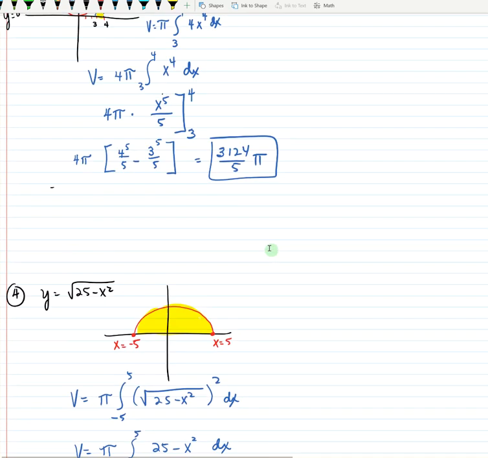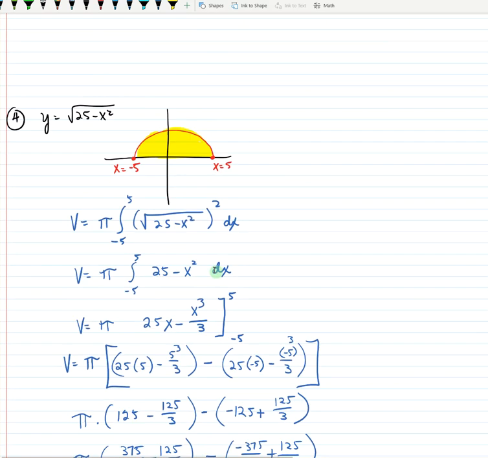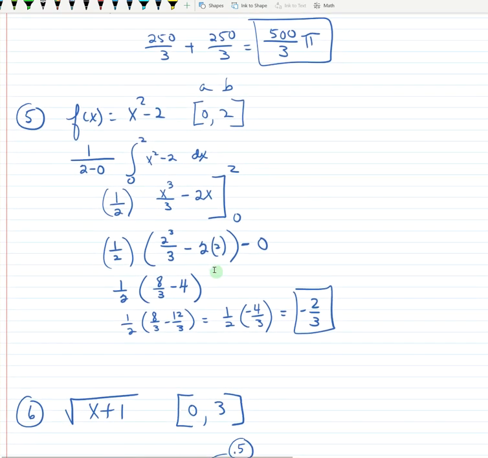Let's look at number 5. All right, so those are all volumes. Then we have 2 questions that are about the average value of the function. So remember, we have to switch gears a little bit. This is find the average value of this function on this interval. So let's go down here to number 5. All right, so f of x equals, there's our information again. So remember that,